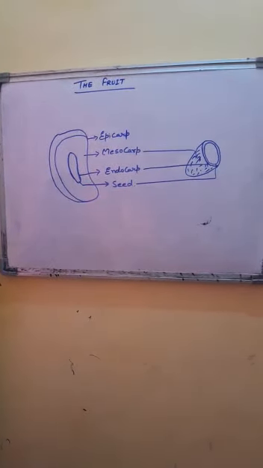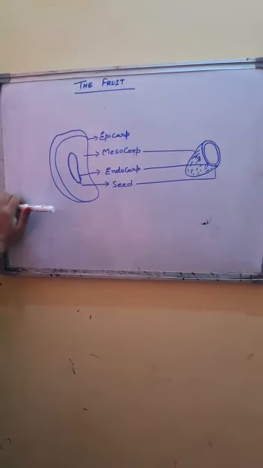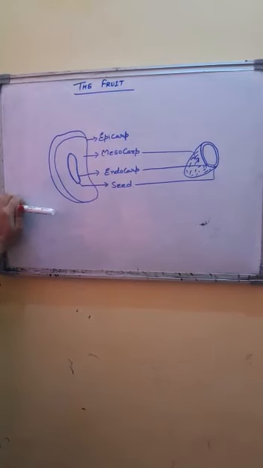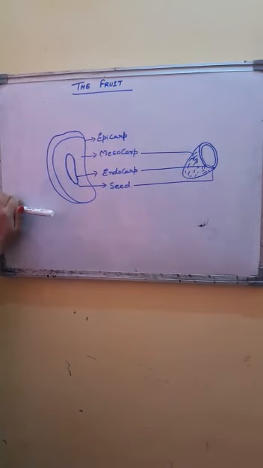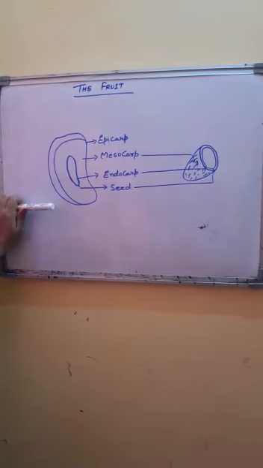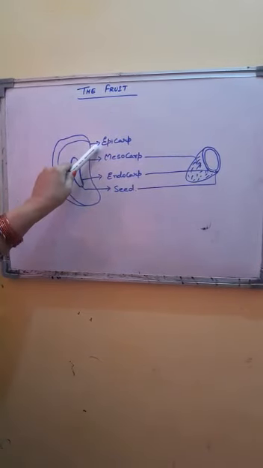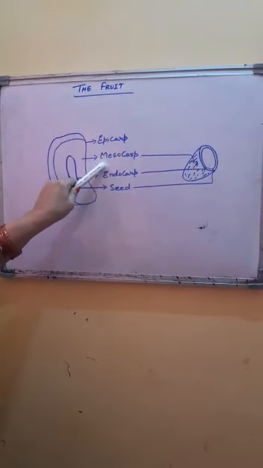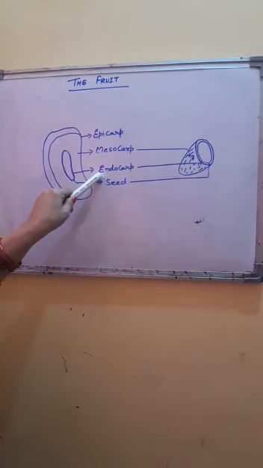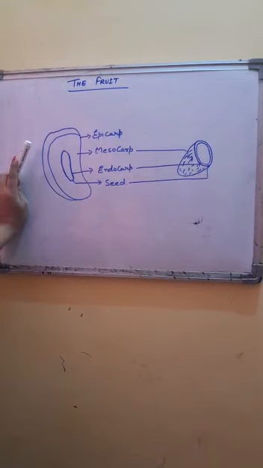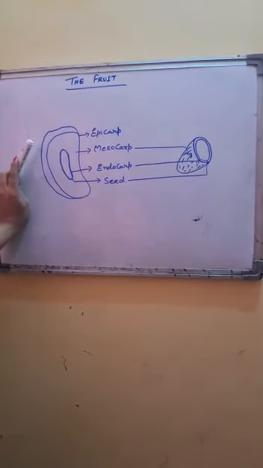In some fruits, it may not be differentiated, especially in dry fruits. If it is not differentiated into three parts, then it is called pericarp only. But in fleshy fruits, it is generally differentiable into three parts. The outer part is called epicarp. The middle part is called mesocarp, and the inner part is called the endocarp. In different fruits, different parts of pericarp may be edible.